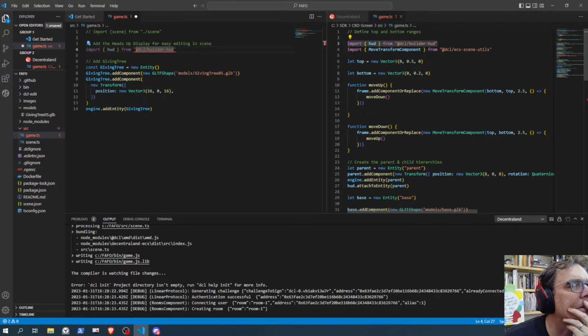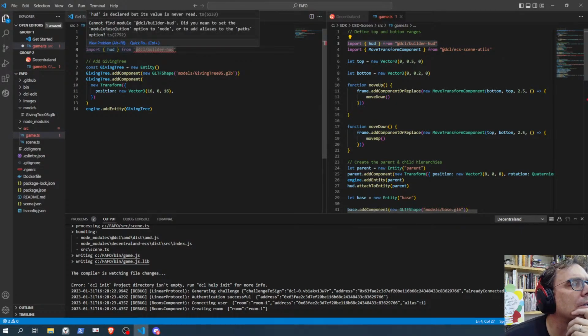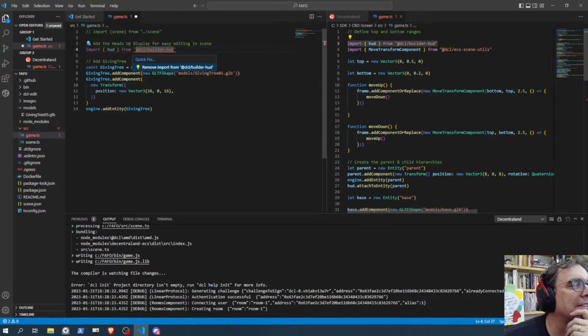Dependencies are down at the bottom left, so it's at DCL/builder-HUD. Okay, quick fix. I'm just going to click that. Remove import. Oh, okay. Well, that doesn't help.